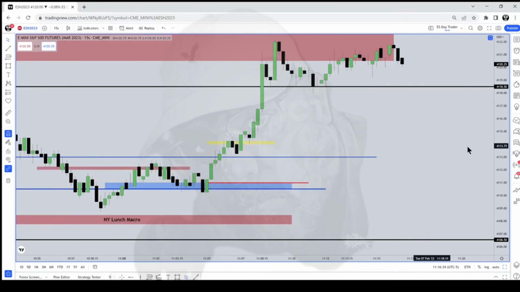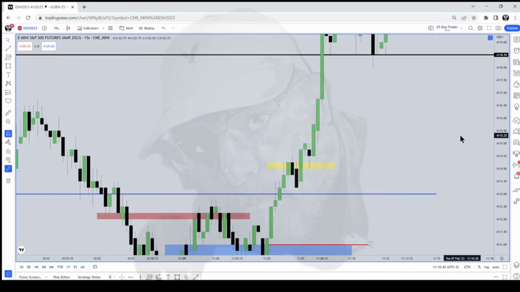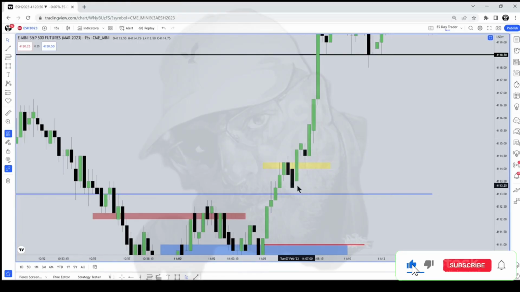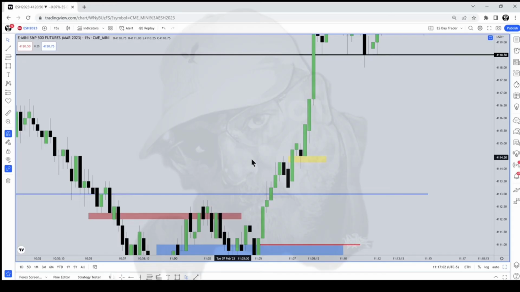What do you see? I'm not going to say it, but what do you see? Two down closed candles. High, low, fair value gap, order block, inside the volume imbalance. It trades down to it, and then boom. That's your lunch macro right there,